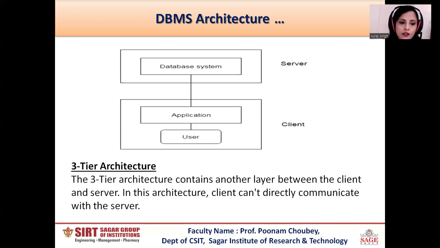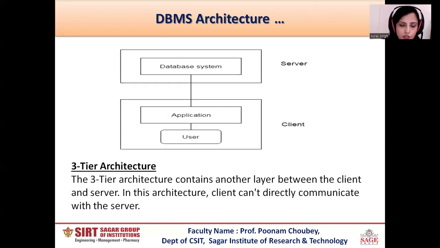In the three-tier architecture, what is the three-tier architecture? The three-tier architecture contains another layer between the client and the server. In this architecture, the client cannot directly communicate with the server. So the three-tier architecture is the last architecture of the DBMS.